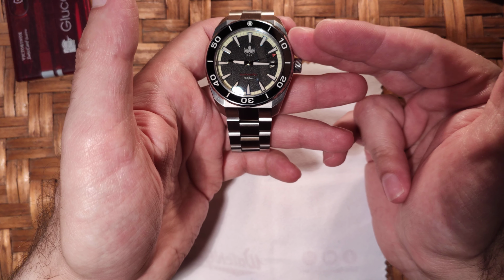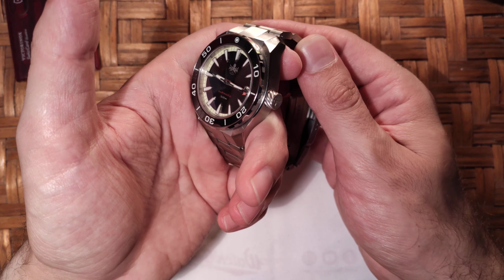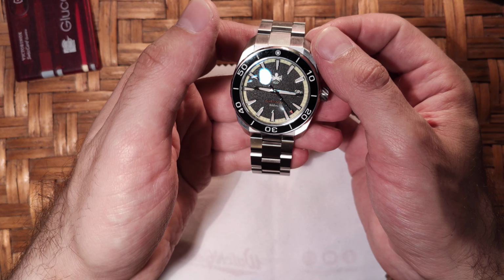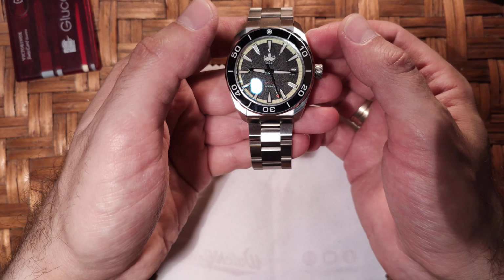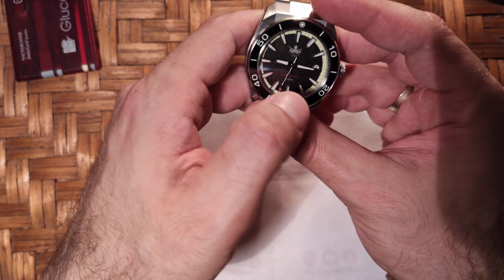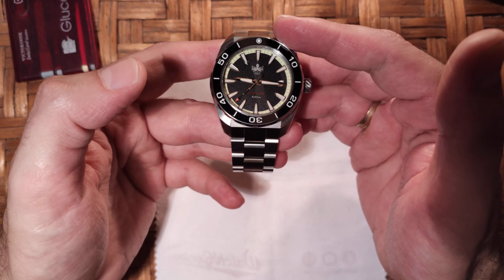I saw it online, saw a couple of videos of it, and I was like, "Whoa!" For the price, and the reviews seem to be really favorable. So I figured, what the hell, and pulled the trigger on one of these. I actually wanted the blue one, but I missed that one because I was like, it's too expensive. Am I gonna like it and whatever? Anyways, in the end, I got the watch,